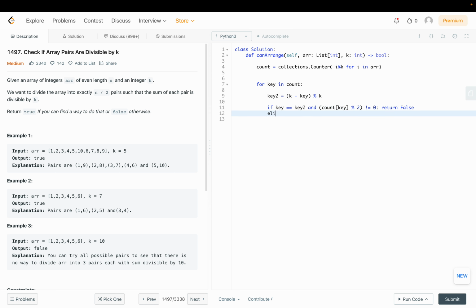Or else if count of key is not equal to count of key2,